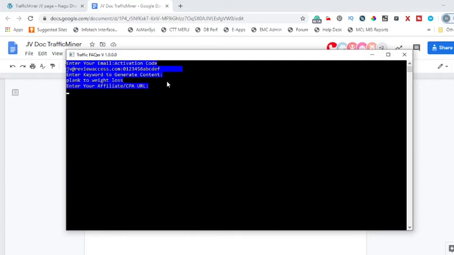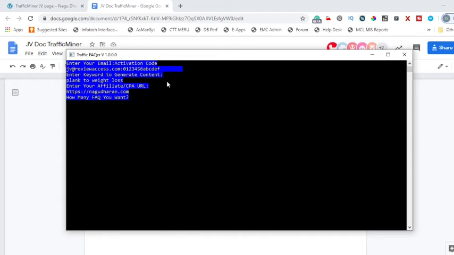Then it will ask you to enter your affiliate or CPA URL. You enter your affiliate or CPA URL here, which would be useful when you use this bulletproof answer sheet on any of your content sites. In this case I am just entering my website address itself, nohudar.com, and press enter. It will ask how many fakes you want. I just entered 15, which is enough for me.